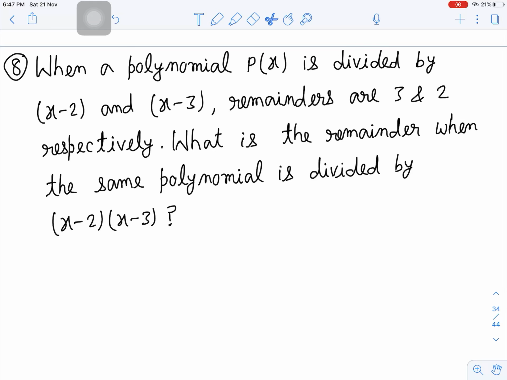Okay, next question number 8. When a polynomial p of x is divided by x minus 2 and x minus 3, remainders are 3 and 2 respectively. What is the remainder when the same polynomial is divided by (x minus 2) into (x minus 3)? So